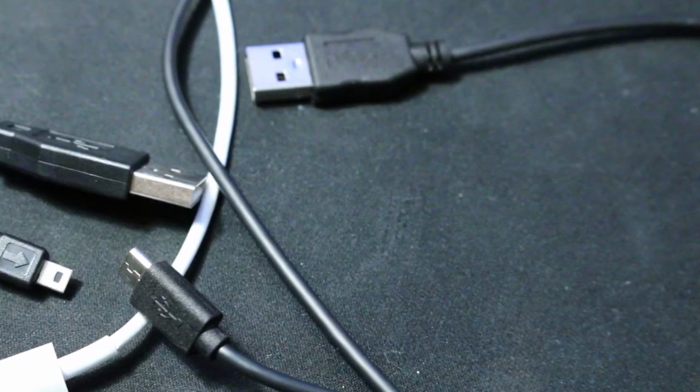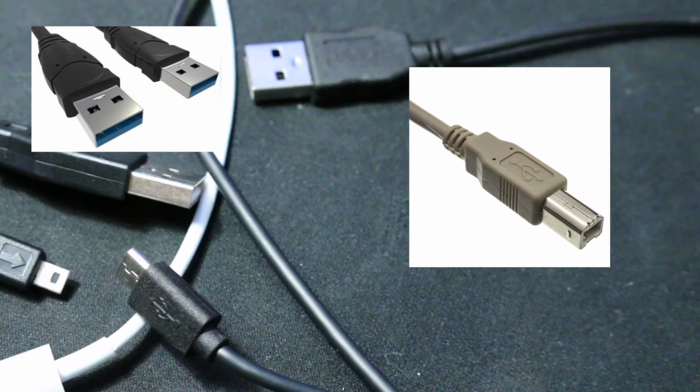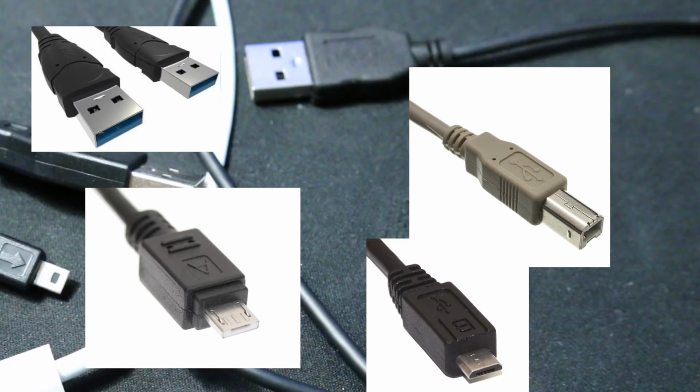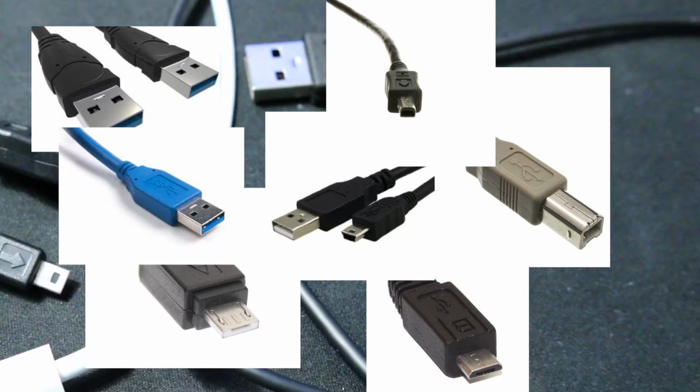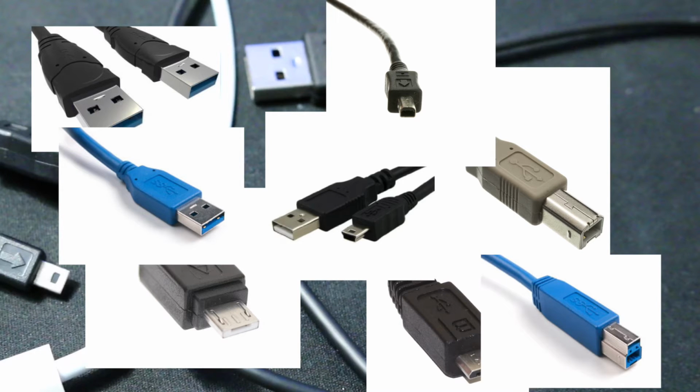And then we started to spread out into different kinds of USB cables. So you have USB A types, USB B types, micro USB A, micro USB B, USB mini B 5-pin, USB mini 4-pin. USB 3.0 A type, USB 3.0 B type, USB 3.0 micro B, and the list goes on and on forever. We have so many different USB cables, all for different purposes, like transferring data, or charging different things, or transferring some kind of video or audio. There's just so much that we do with USB cables.